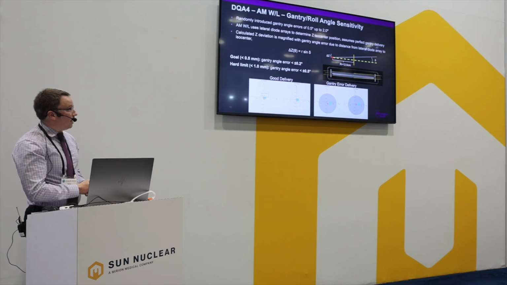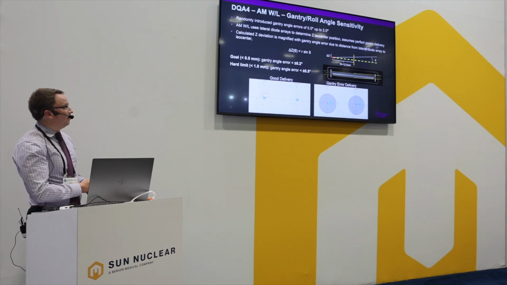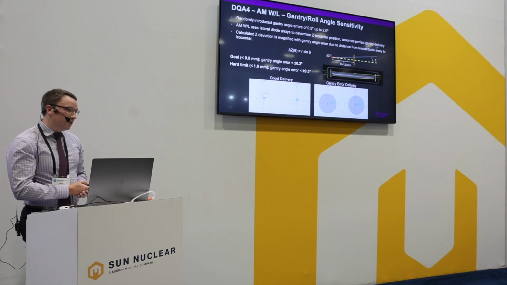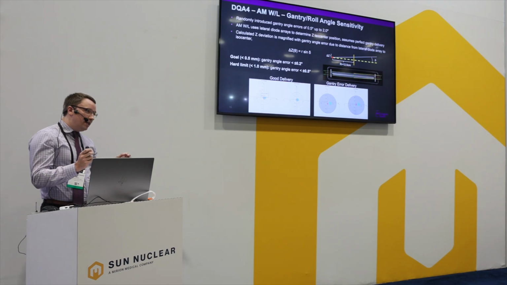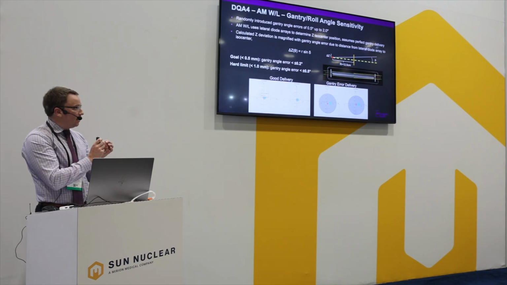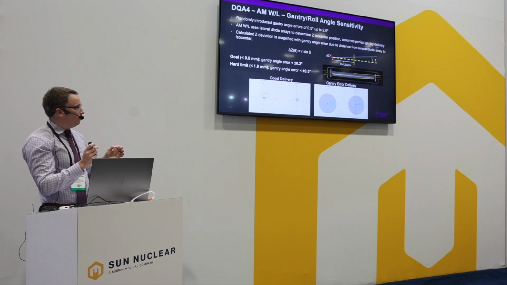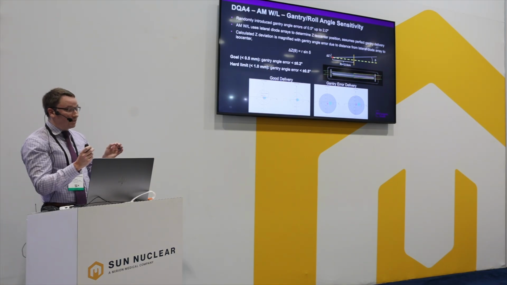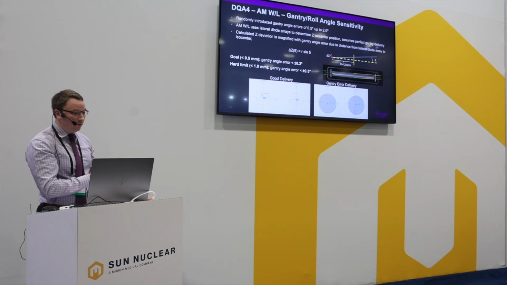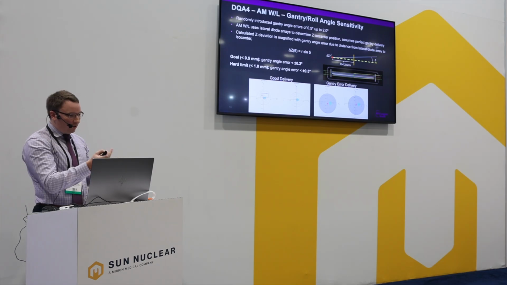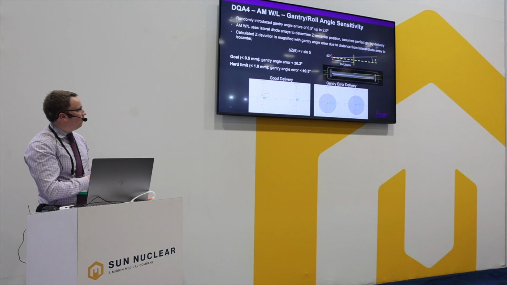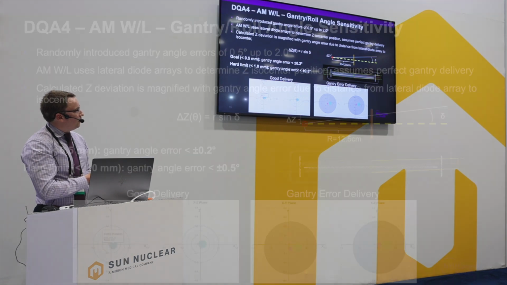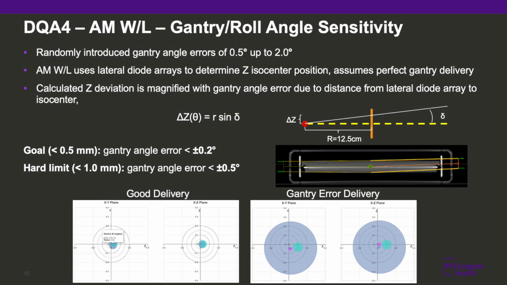However, there is one gotcha that I discovered very late in the game, and that's gantry and roll angle sensitivity. Because we're no longer taking these Winston-Lutz measurements at the isocenter and we're moved out laterally with that side panel detector, it now has a sensitivity to gantry angle that you wouldn't normally have with a BB. I've got an equation here from simple trigonometry for what that deviation is going to be, and it turns out that if your gantry angle is off by about 0.2 degrees,